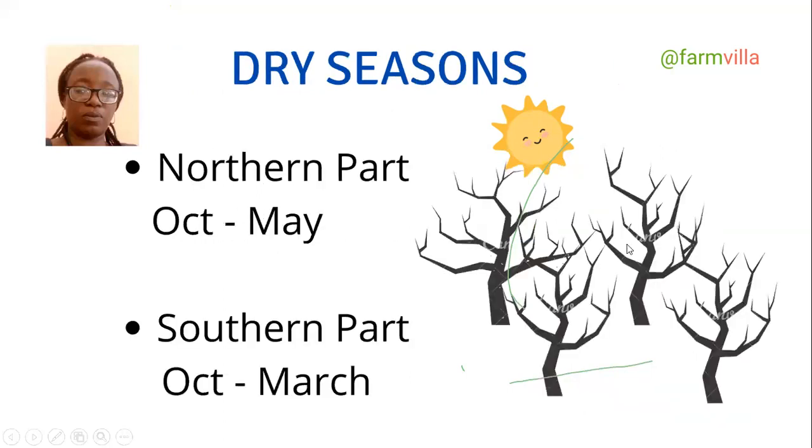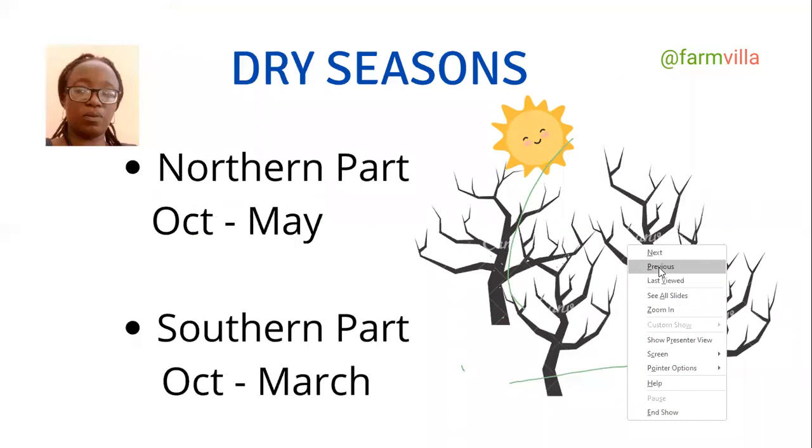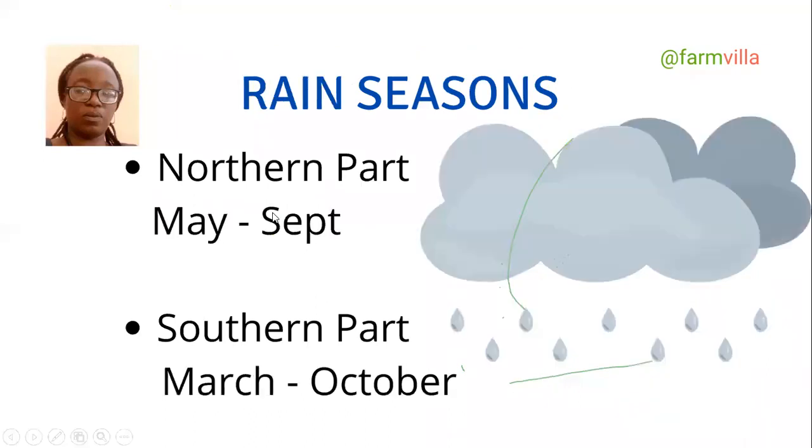The rain pattern I gave you now was what was given to us when I was in secondary school. From March to October, you have rainfall. If I'm using the southern part, you have rainfall from March to October, which means March, April, May, June, July, August, September, October. It means we have 7 or 8 months of rainfall, and then 4 months of no rainfall, which is manageable.